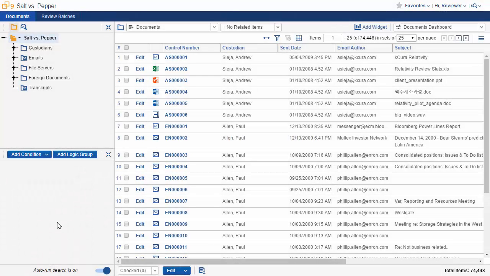Before a review begins, your case administrator may create batches or sets of documents and assign them out to different reviewers. This assures that each reviewer is only looking at the documents that are assigned to them specifically. If a batch has been assigned to you for review, you can review those documents by switching to the My